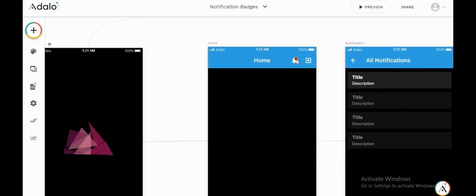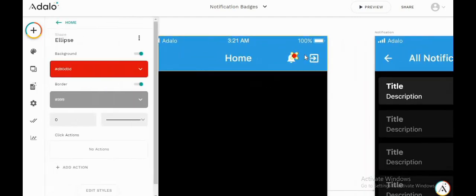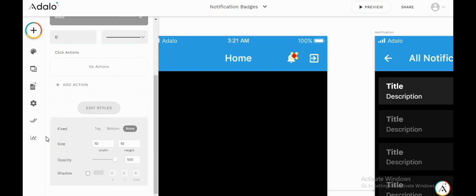Okay, but there are a few more things that we need to do. The first thing is that now it is on the top bar component. Okay, so now if I look at the app, we won't see this circle at all. Okay, so to make this circle visible, we need to first select it and go to edit styles, and in the fixed section area here we need to select top. Okay, so we fixed this component at the top of the screen with the top navigation bar. Now this will be visible.